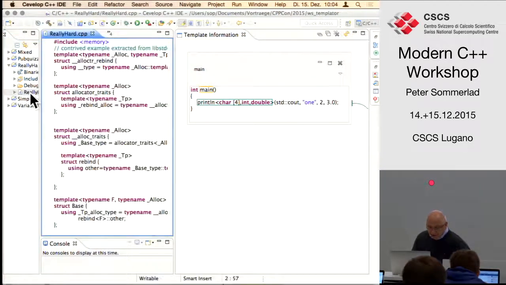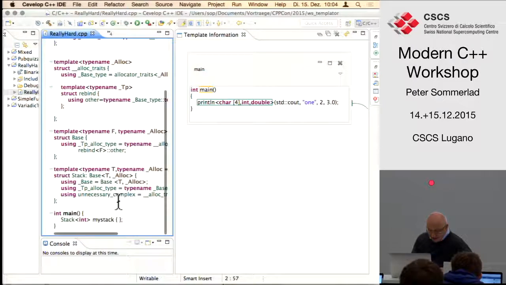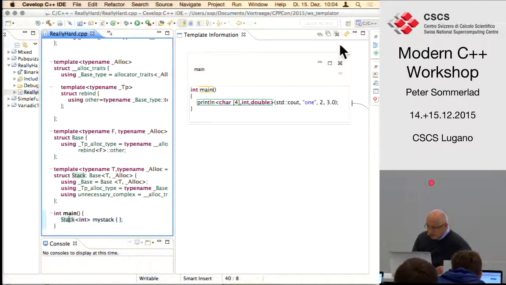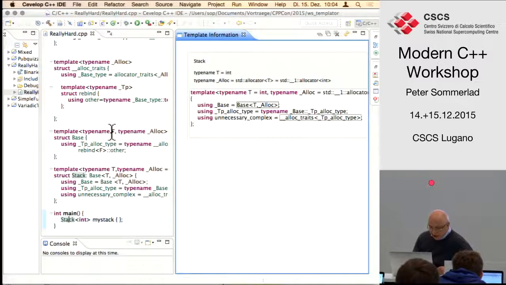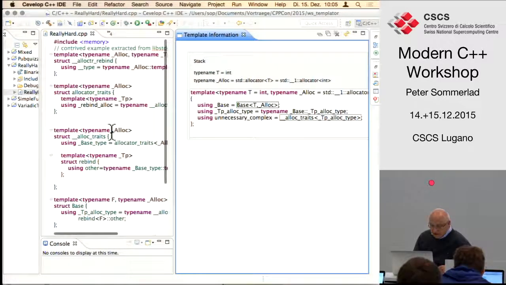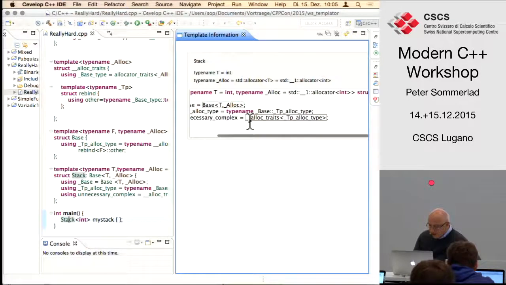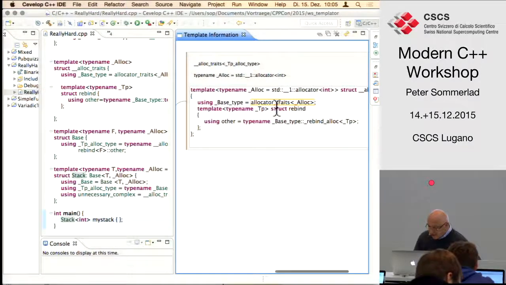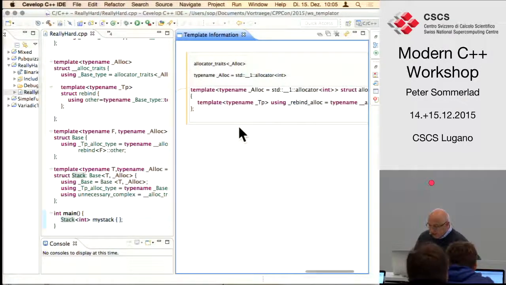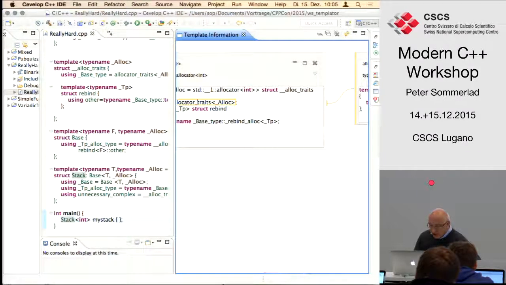I have one that is called really hard, and that's mimicking the stuff where you have different versions of allocated traits and alloc traits with different implementations, and it will show us that the stack type is int, and the allocated traits, whatever they are, and it can drill down to whatever they mean, and it might actually check some of them.